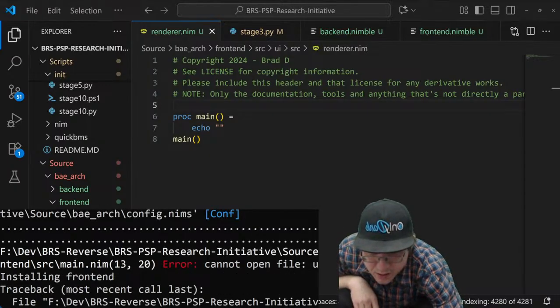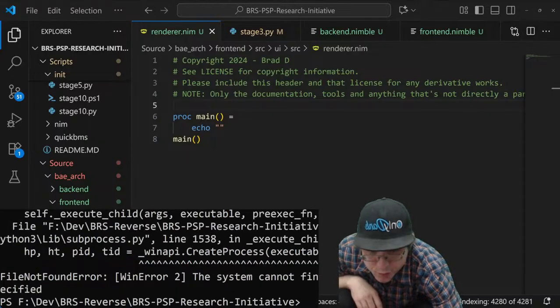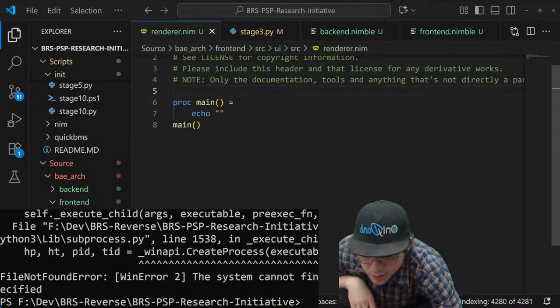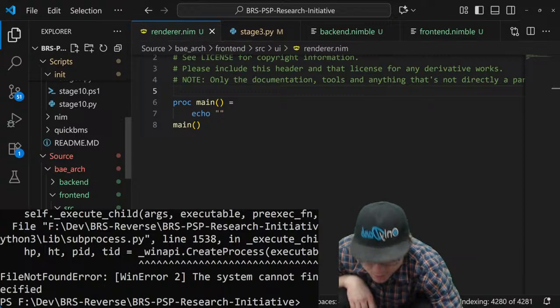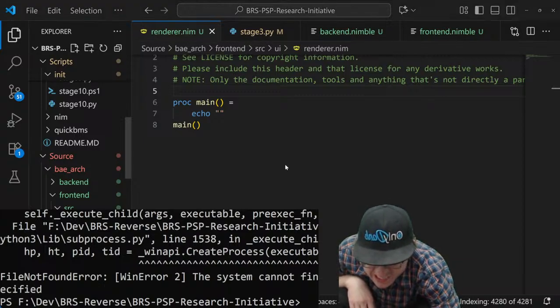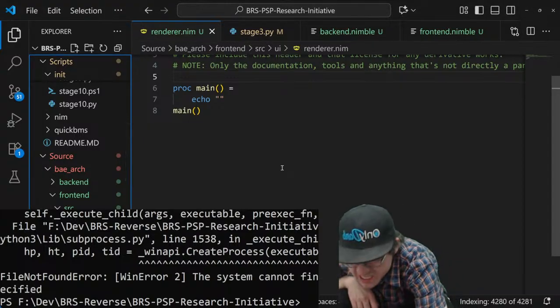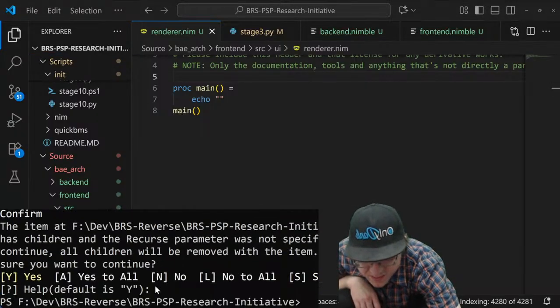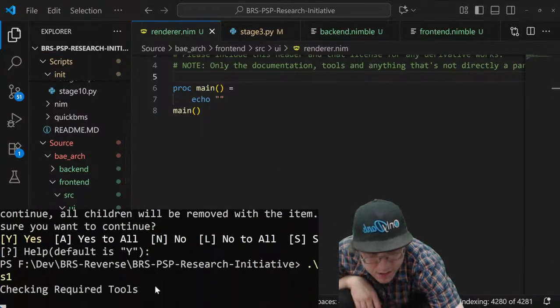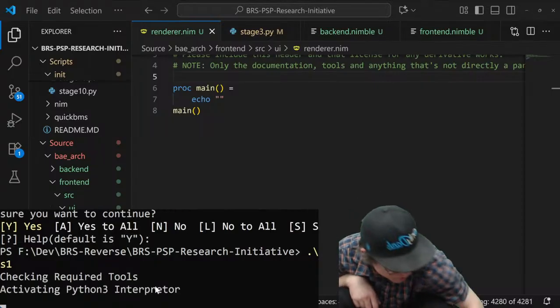Says cannot open file. So right now I'm just working on building.